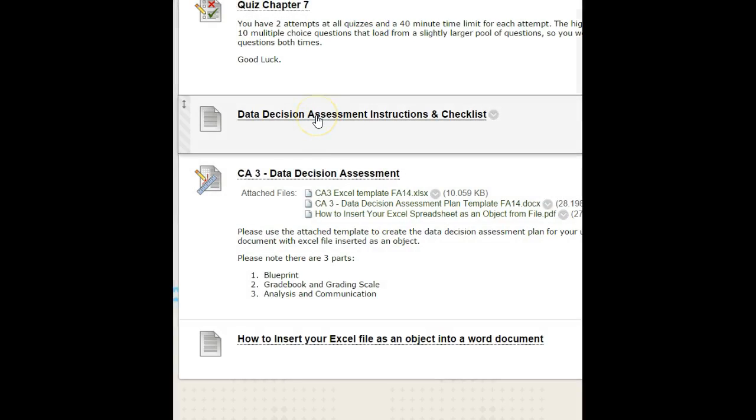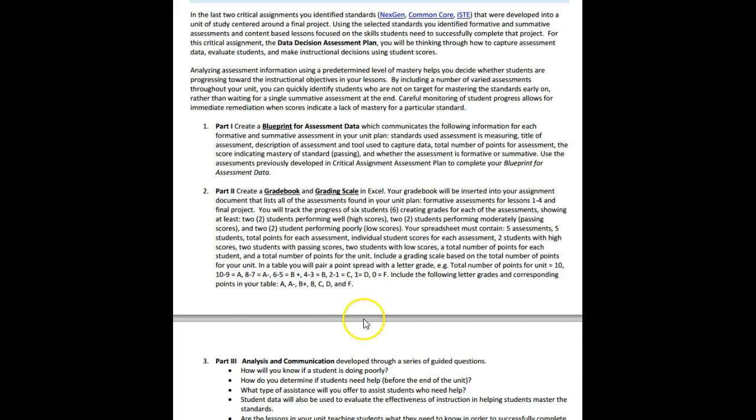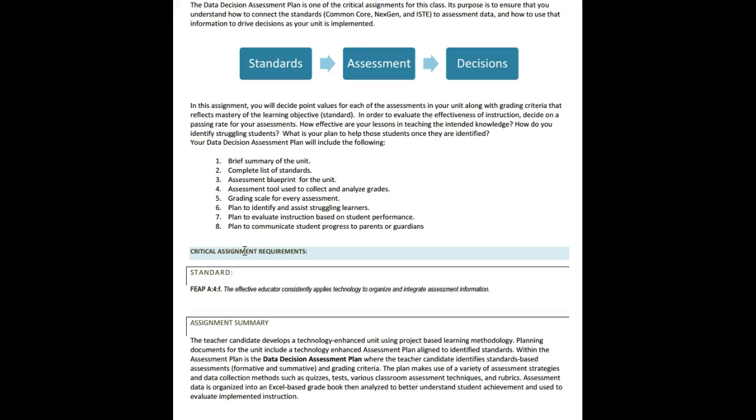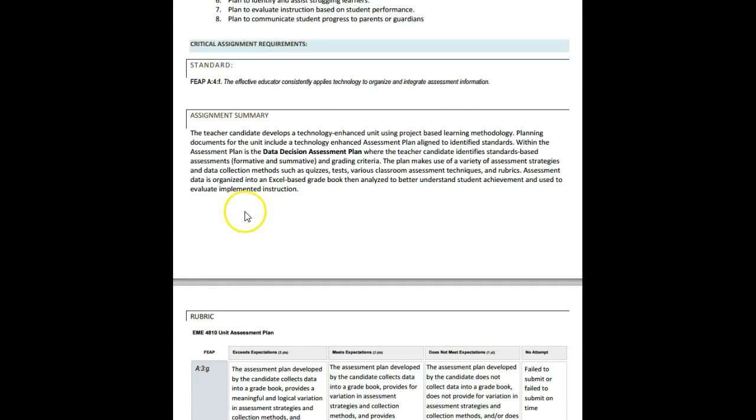Now let's look at the data decision assessment instructions and checklist. Here's the file. We started with the standards and then we talked about assessment, which was the goal we hoped to reach. And now we're to the point where we're making some decisions based on how the students did on the unit. These are the pieces that will all be included as part of the assignment, the standard and the FEEP,